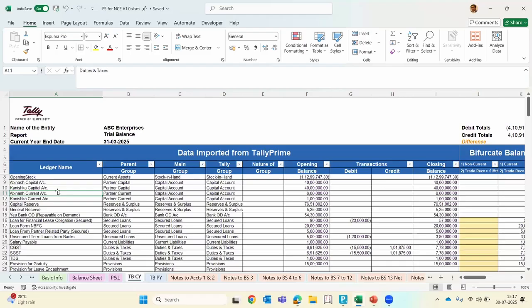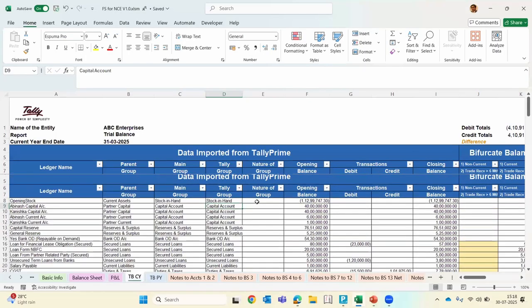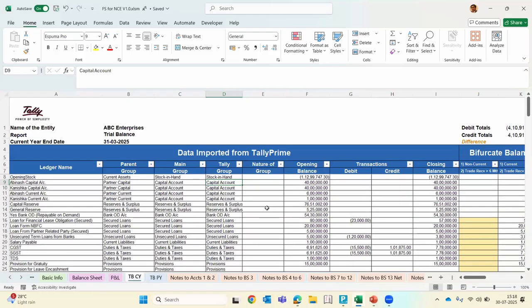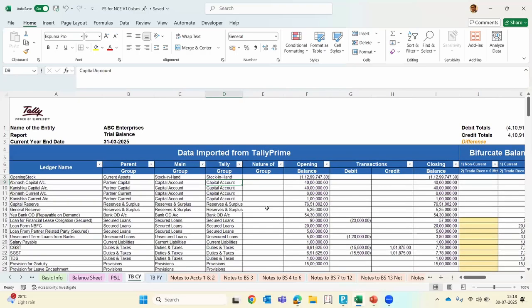Now, what all things have we provided over here? Ledger name, and we have provided the parent group, the immediate parent of this ledger. But along with that, it is tagged with which of the 28 groups provided by Tally. It is also listed over here. Many a times we change the names of the default groups, so Tally has provided one more option, that is Tally group. And if anything is a primary, then you have the option for nature of group. In quite a detailed manner, we have provided this so that you do not miss out any understanding of the